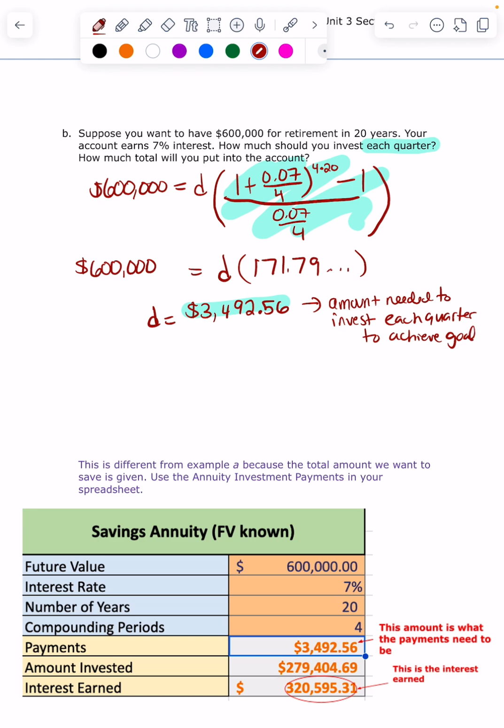And then it says, how much total will you put into the account? So for that, you have to multiply the answer we just got without rounding times 4, because it's 4 times a year, and then times 20 for 20 years. So I'm going to hit enter here and then do answer times 4 times 20. And that's $279,000,